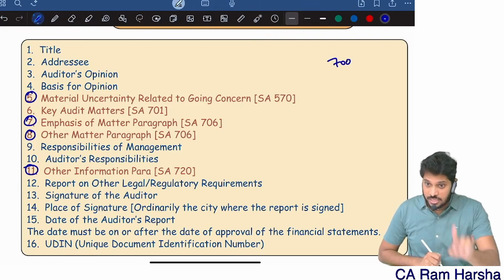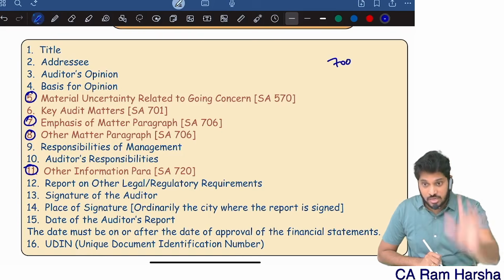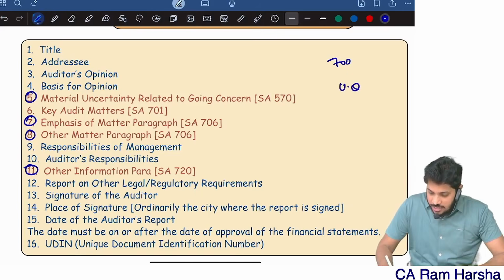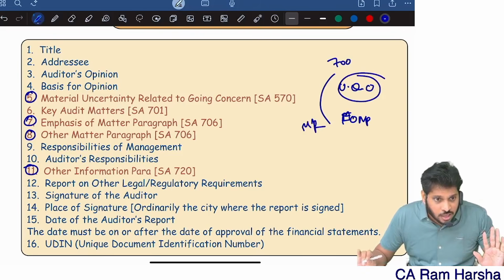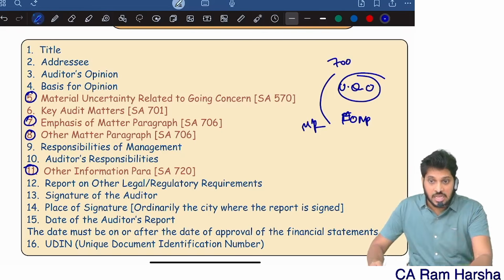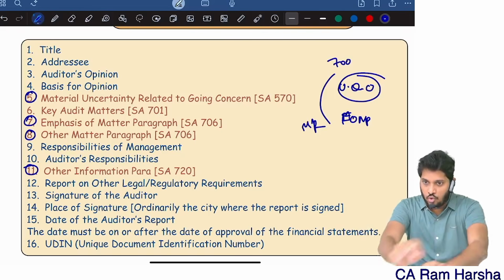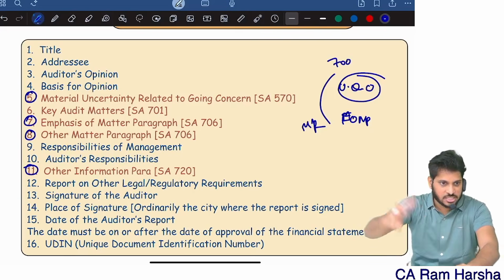I already told in the EO batch itself, unmodified opinion is different, unmodified report is different, modified opinion is different, modified report is different. Suppose I give an unqualified opinion and I am giving an emphasis of matter paragraph in that. The report is modified. Opinion is unmodified only, but the report is modified. Unmodified report means if an audit report is given as per 700 format as it is, no additions in that. 705, no additions. 706 addition is not there.